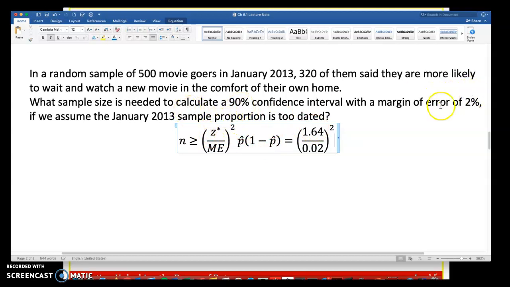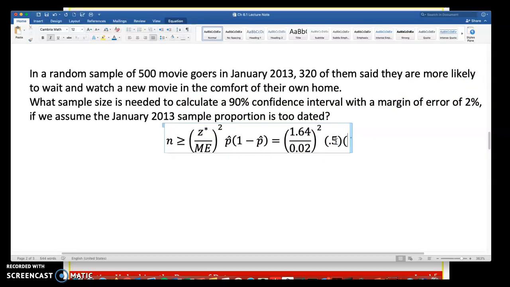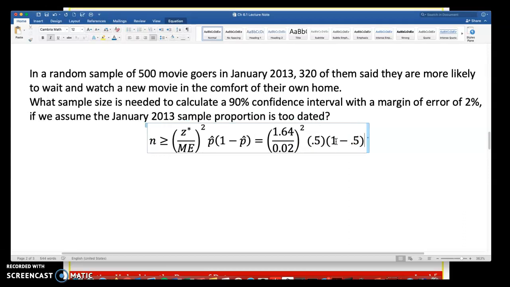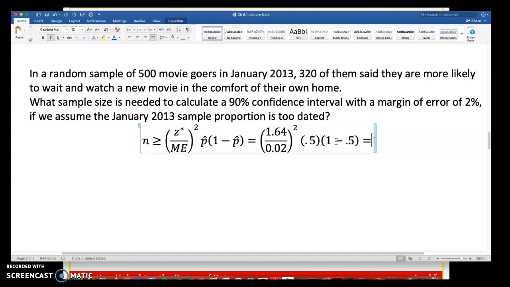We want to be within a 2% margin of error, so 0.02. But now, if we don't know anything about the proportion, I'm going to throw p hat to be 0.5 times 1 minus 0.5. If I throw that in my calculator, 1.64 over 0.02 squared times 0.5 times 1 minus 0.5, I get